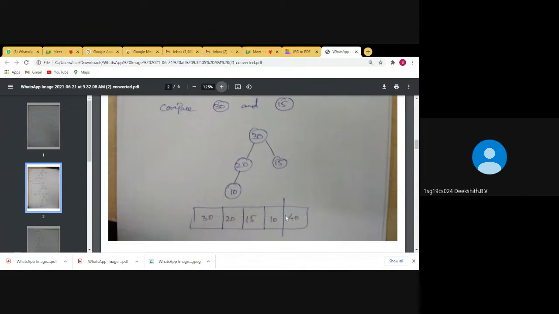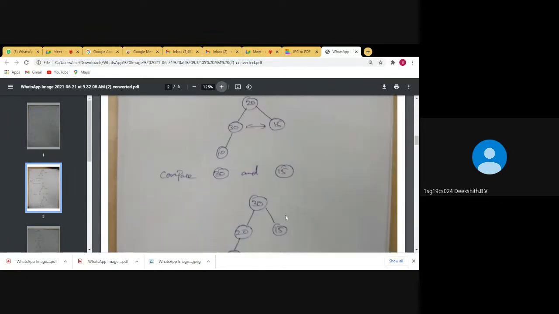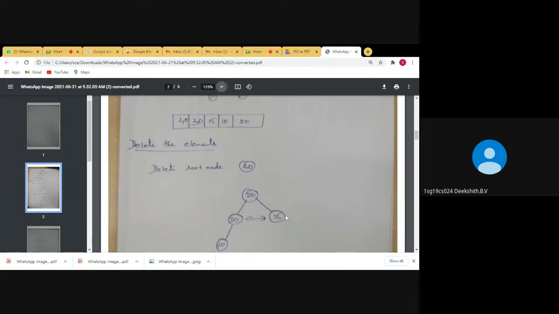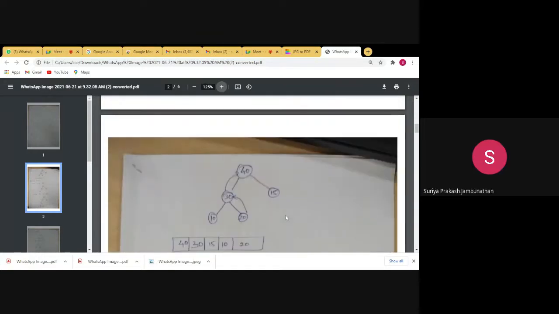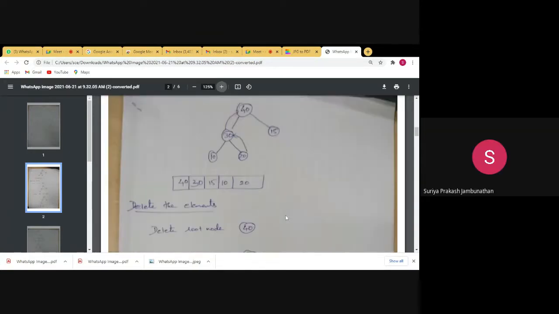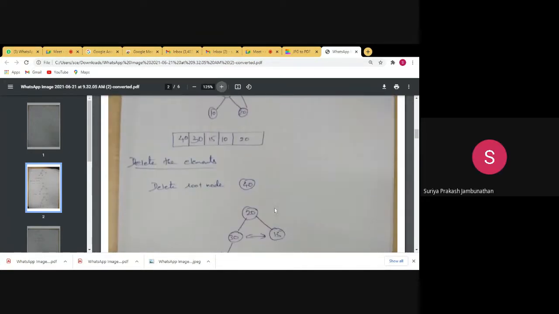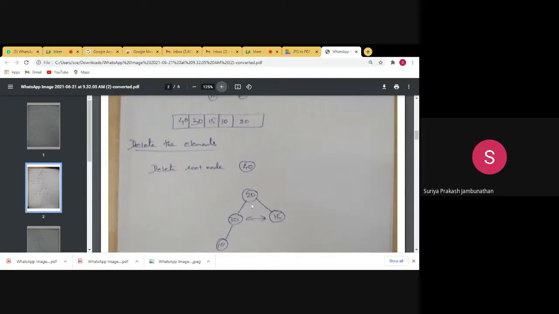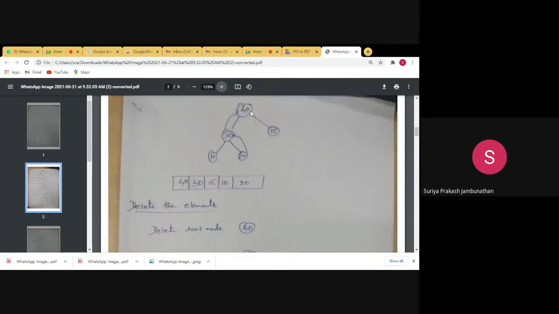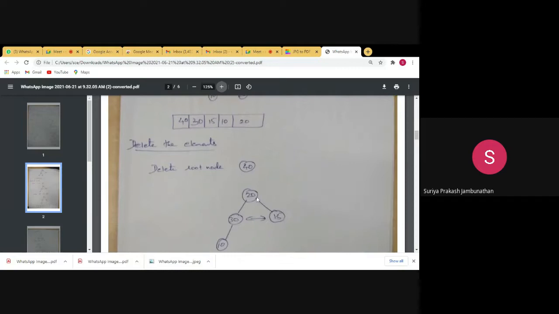Sir, in the previous step, why was 30 compared with 15? When you are deleting the root node, you have to shift the leaf node to the root node. In that case, 20 will go to the root node. When you are keeping the 20 in the root node, the sub nodes have to be compared. That is the structure of deleting the element.